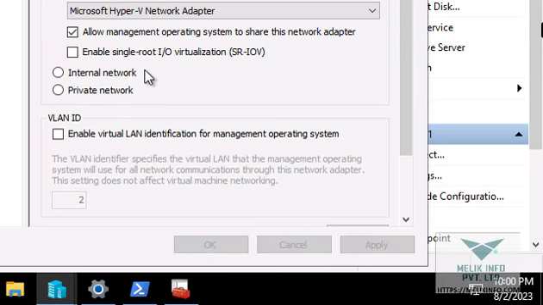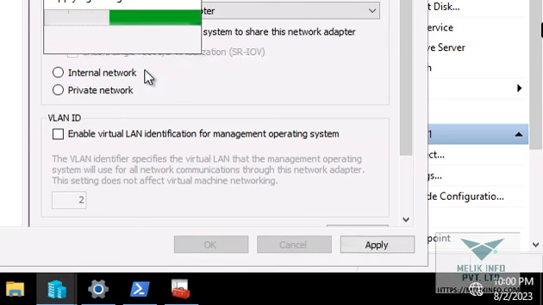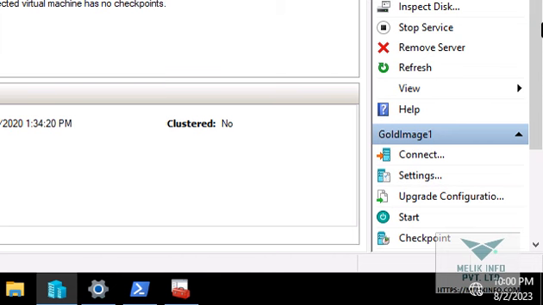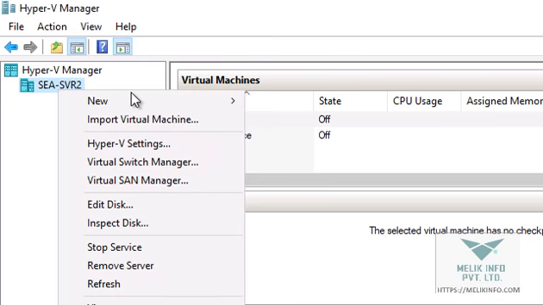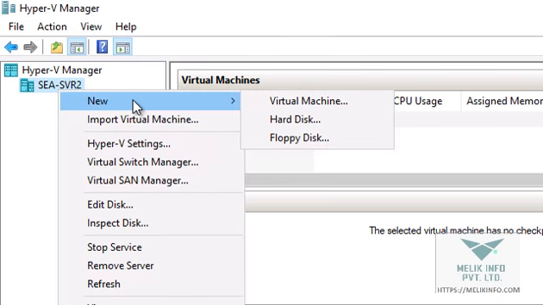So external switch will actually help me to communicate with all the computers in my network. Even with the external switch, we can actually access internet on virtual machines. So next,